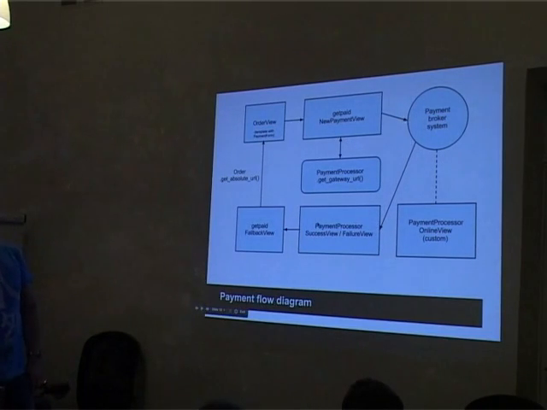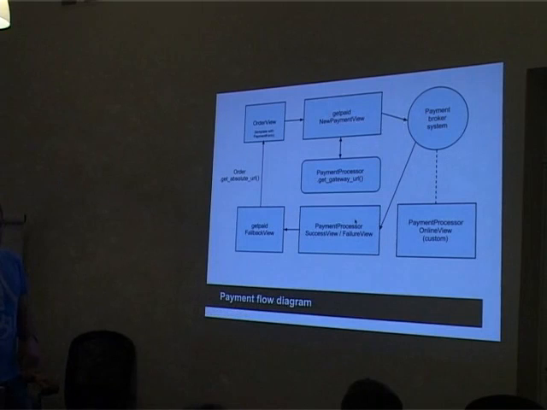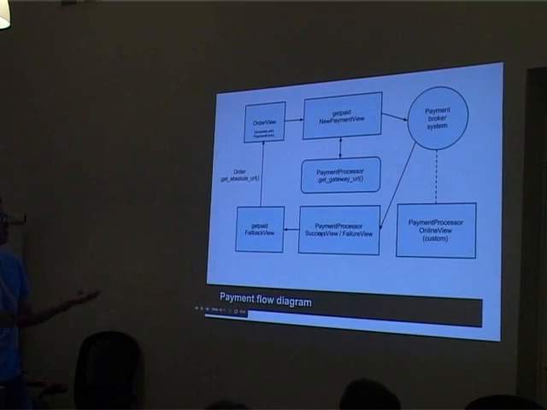But there are some generic success view and failure view in payment processor, which only redirect you back to the fallback view of getpaid itself. It's done like that because if you have some very custom payment processor, maybe you would like to hook some code here to do other things on the success or failure view. So it's going through the payment processor, then to getpaid, and getpaid has some